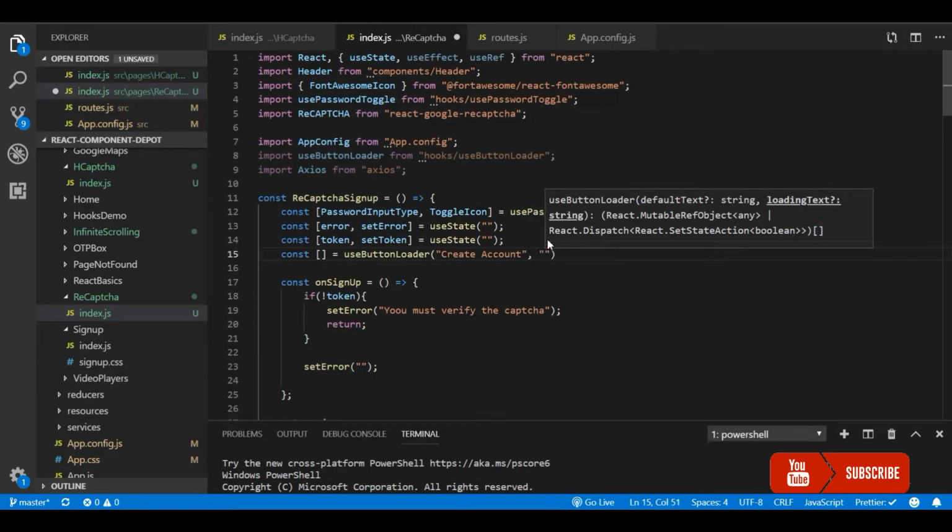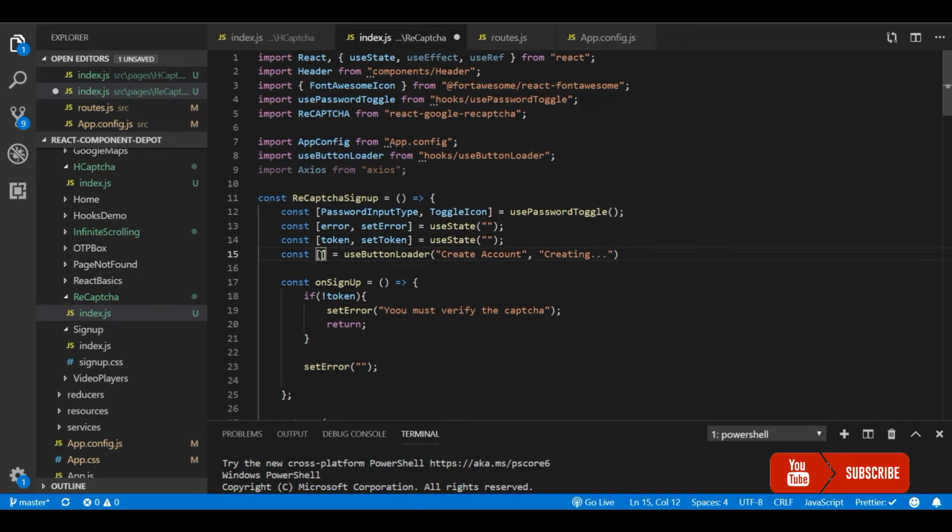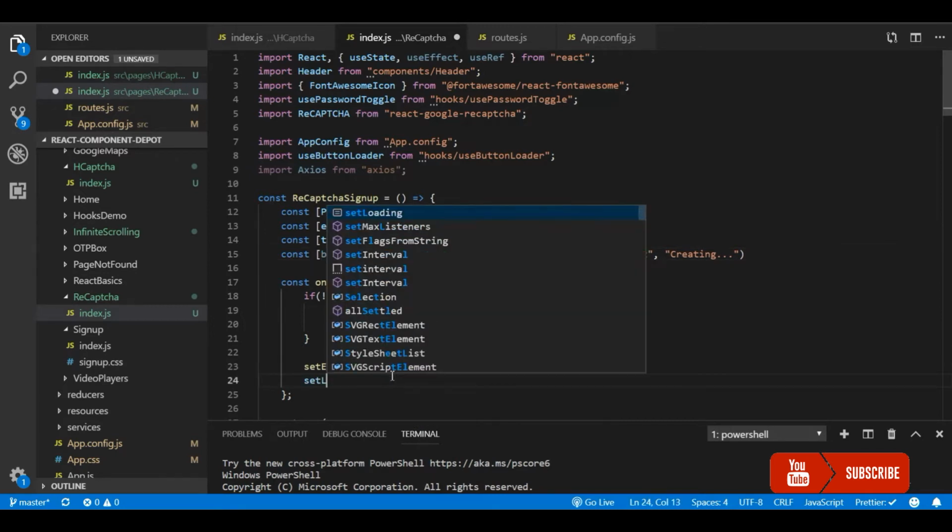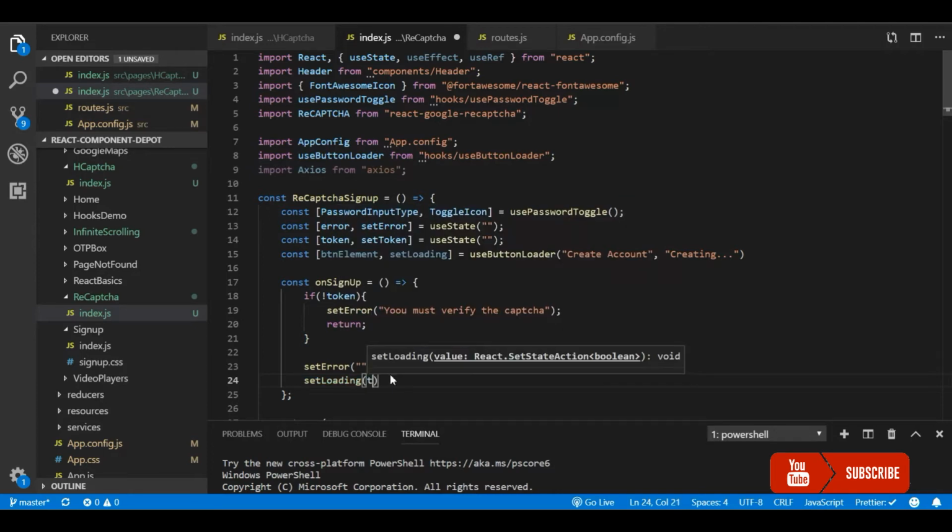You can go and check it out. It's a simple useful hook for showing loading and normal state for a button. It will return us the button element ref and the function to update the loading state. So here I'm going to call this setLoading and make it true, so that it will be changed to loading state.